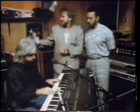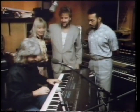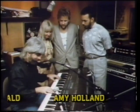To find out more about harmonies and arrangements, we talked to two of the leading exponents of American soul rock, James Ingram and Michael McDonald, helped by singer Amy Holland and producer David Pack. They spoke first of all about the parallel 3-part harmonies used on the Doobie Brothers classic, Minute by Minute. Come on in, Amy. My lovely wife, Amy Holland. Thank you, dear. You know, in the chorus of that song, the figure on the piano is